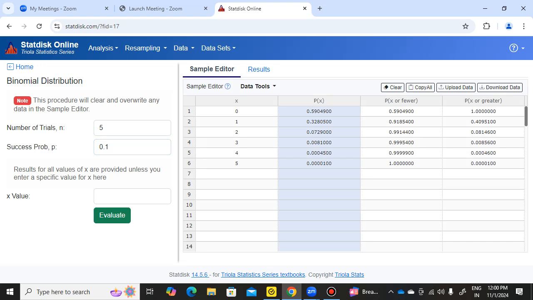Probability of 1 is 0.3280500. Probability of 2, 0.072900. Probability of 3, 0.08100. And the probability of 4 is